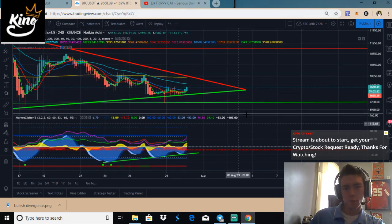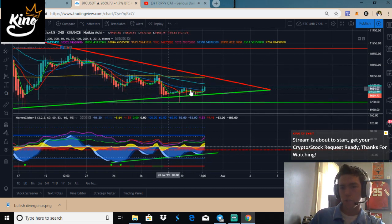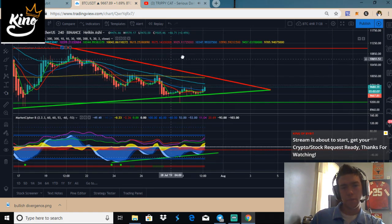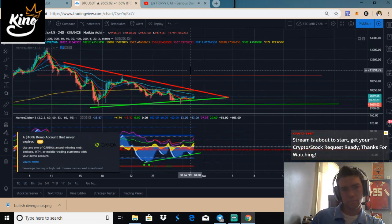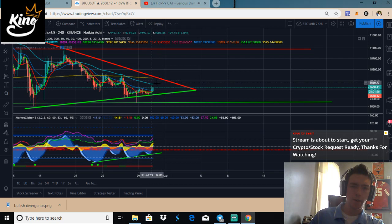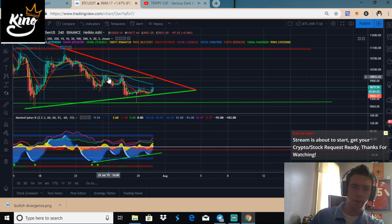But now, the target I've been looking at, especially if you're a short-term scalper, I didn't want to get too bullish until we broke 9,600. That was a very, very important area. And now that we're above it, the buying pressure is increasing. This could be a nice little bull setup. But looking at our price range right now, our first area of resistance,